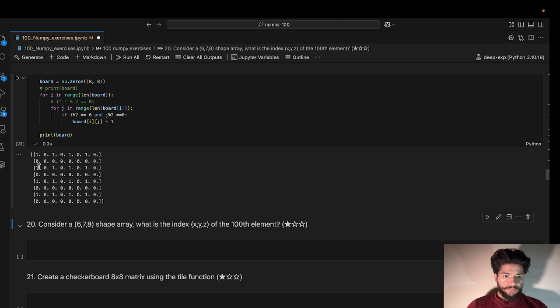The shape of the array to use for, so array dot